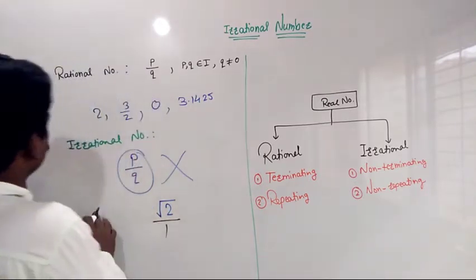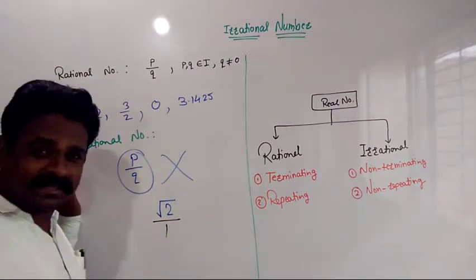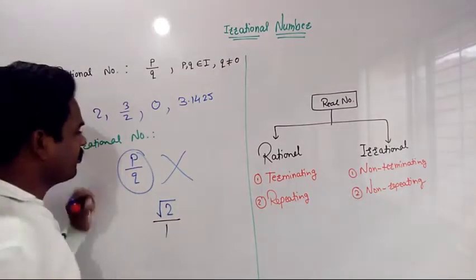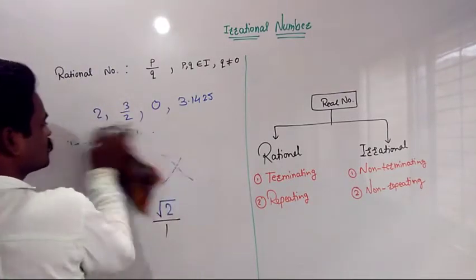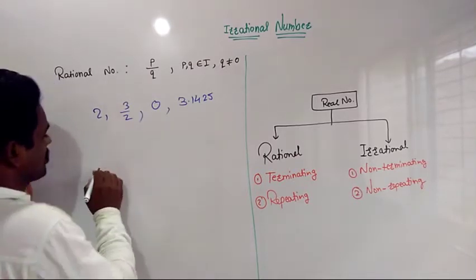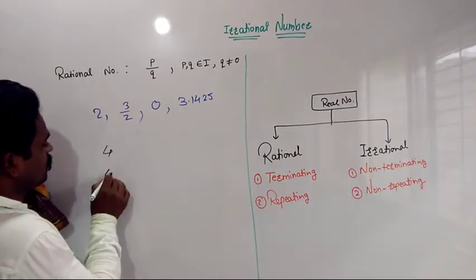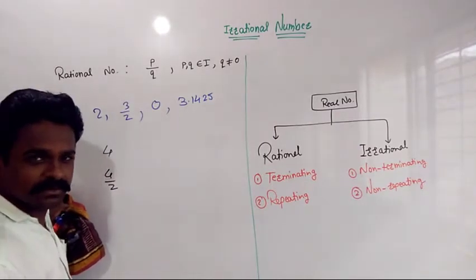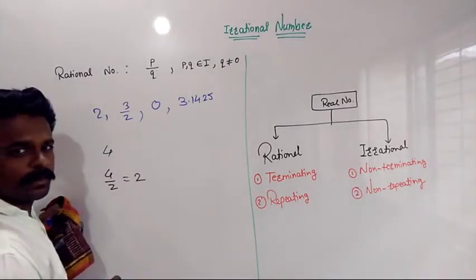Okay. Now if we consider rational numbers, in those rational numbers the decimals are always terminating or repeating. Okay, fine. Let's take an example. Suppose first we will discuss the rational number and its conditions. See here, is this 4 by 2 a rational number? Yes, it is a rational number. So its answer will be 2 only. Okay, fine. So 2, no problem.